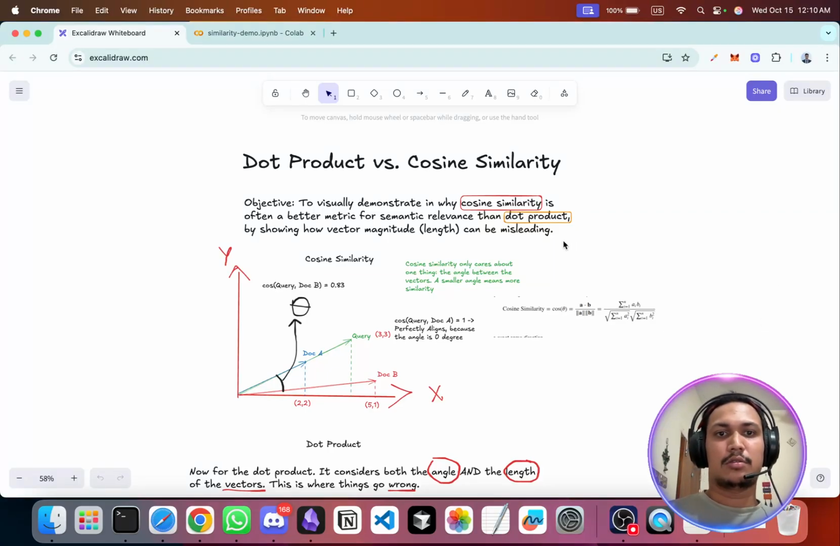Hello everyone. So today in this video I will be showing when you will use dot product and when you will have to use cosine similarity in your RAG application. Most of the cases whenever we are dealing with retrieval augmented generation, we need to search for similar items out of our vector embeddings, and in that case we need to use either dot product or cosine